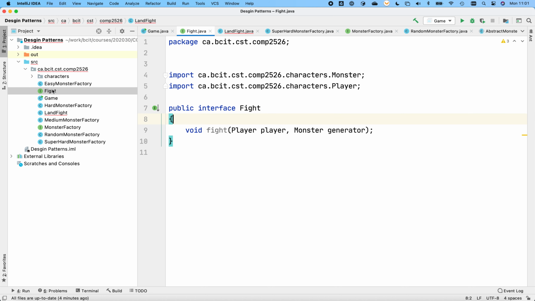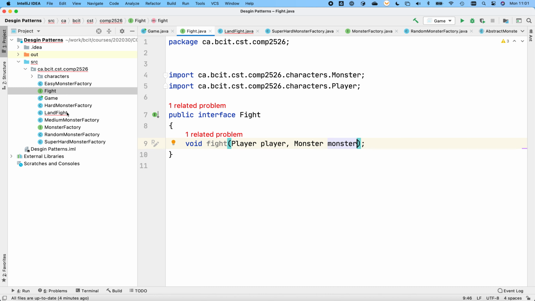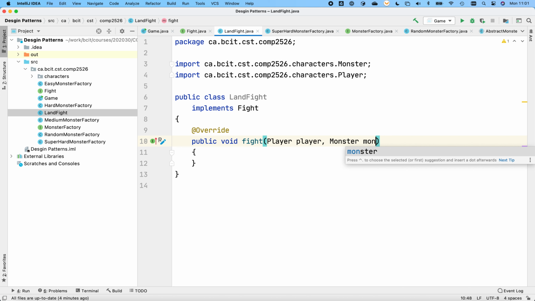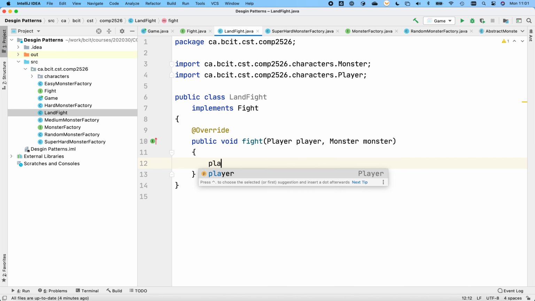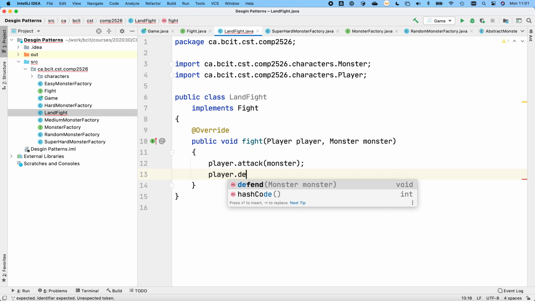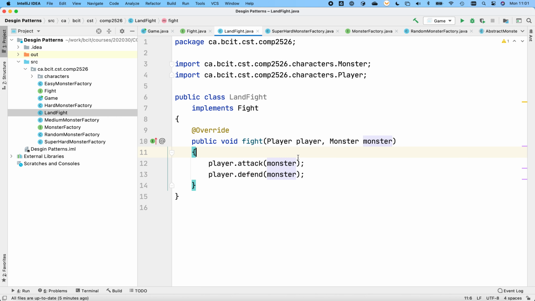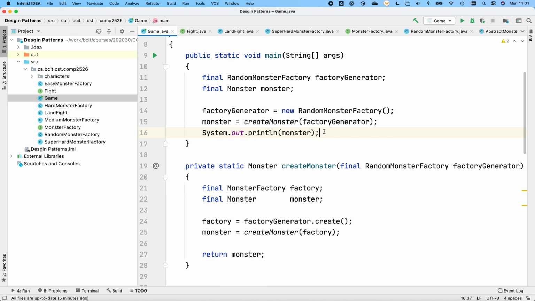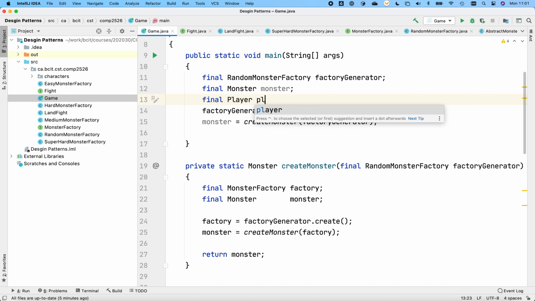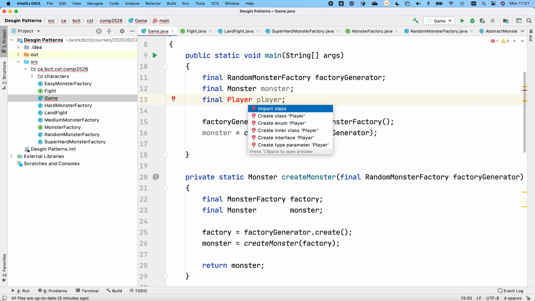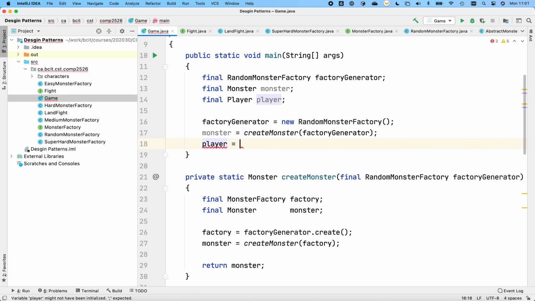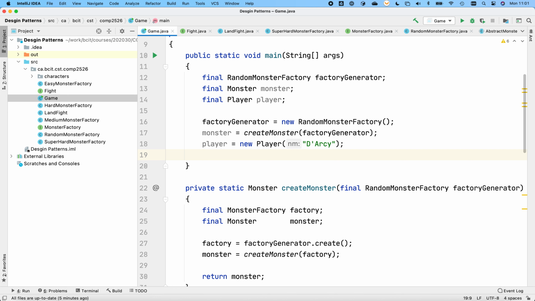And I guess for sanity, we'll call this monster. We need to import that. And we'll call it monster2 for sanity. So we're going to just make this simple. We're going to say the player attacks the monster. And then we're going to say the player defends from the monster. And we're going to go back to the game. And we're going to not print that out. And we're going to make a player. So I'm the player, sure. And now we're going to do